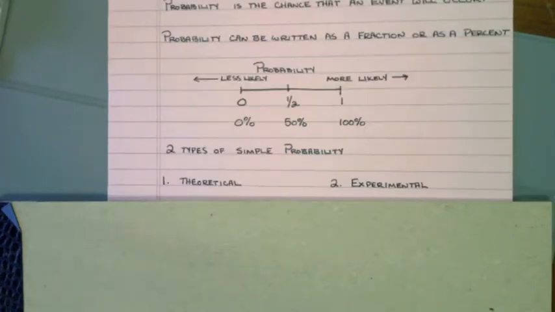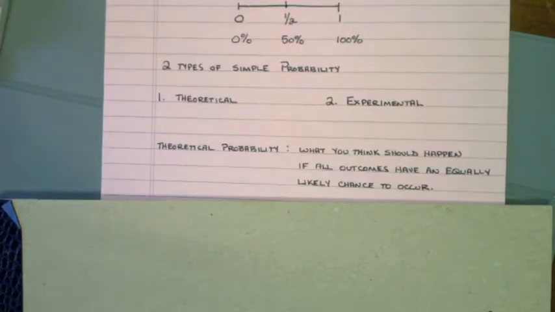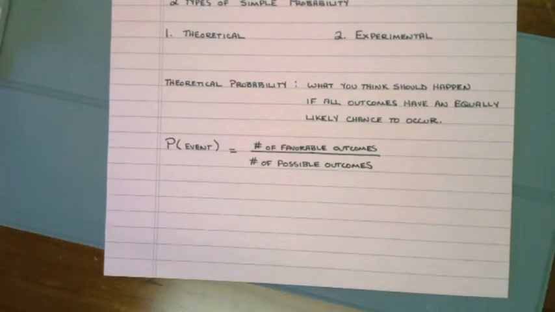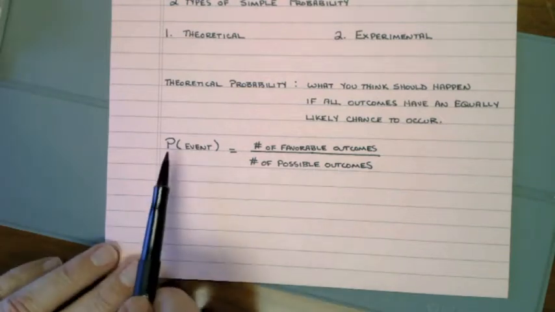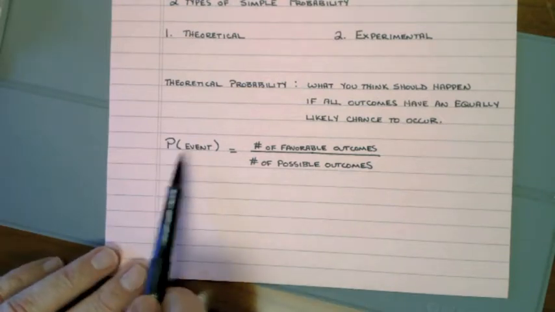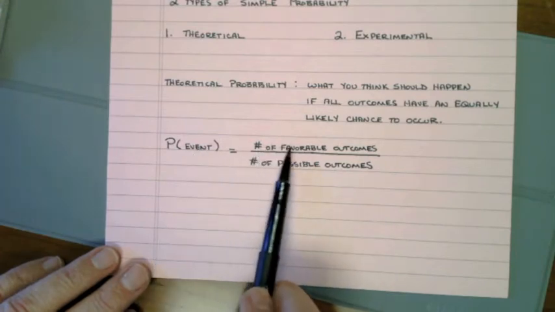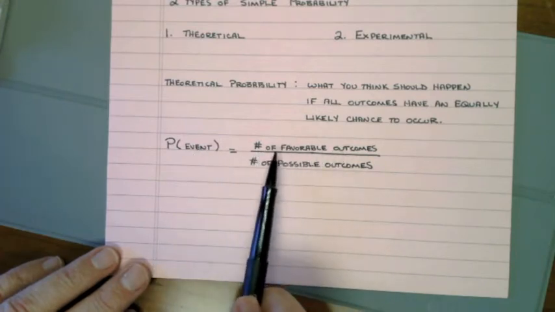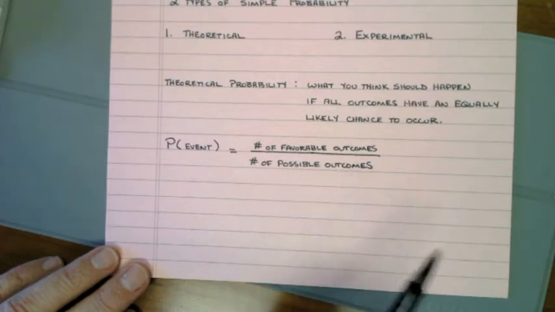Now, there are two types of simple probability. There's theoretical and experimental. In these problems, we're going to go over theoretical probability. Theoretical probability is what you think should happen if all the outcomes have an equally likely chance to occur. And this type of probability can be written like this. This P represents finding the probability of this happening. This is the number of times that could happen, what you want to happen, divided by the possible number of